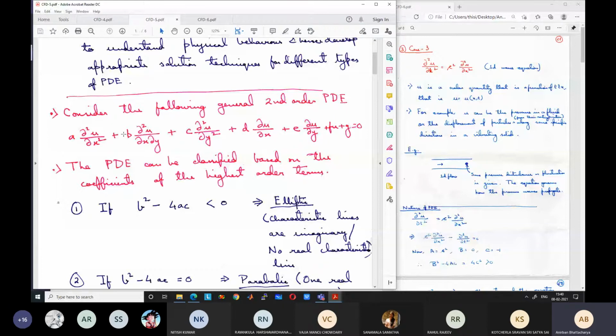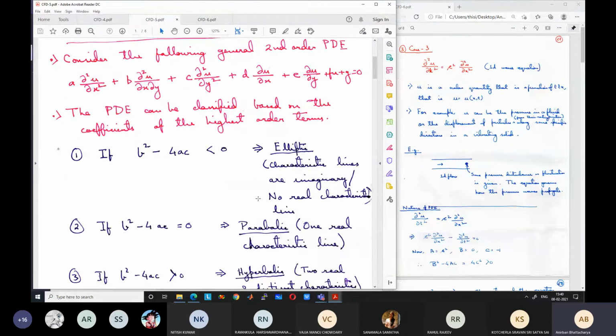These lines are known as characteristic lines, and physically they represent a jump in properties, or actually no jump in properties. This is not correct what I have said. There is a kind of imaginary boundary up to which information is propagated. I will describe this in more detail with respect to hyperbolic equations. Then it will be clear what it means to have characteristic lines.